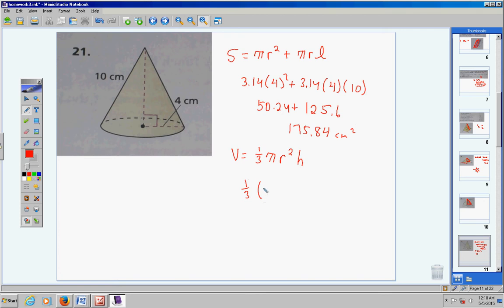1/3 times 3.14 times the radius squared, so times 4 squared, times the height. Now, they don't give us the height, guys. Here's the height, and it's missing. So, see this edge of the cone right here? The slant height, that's 10. Well, if that's